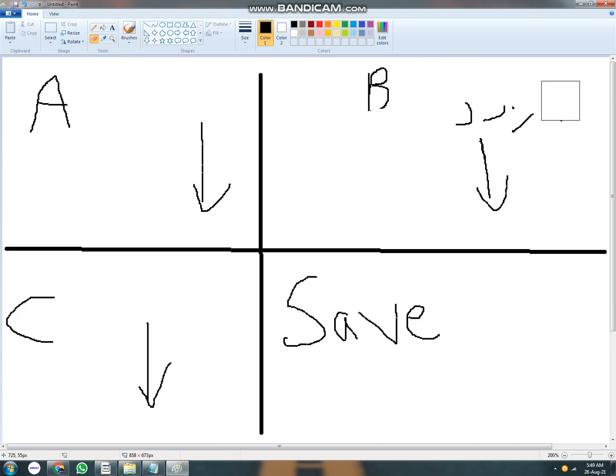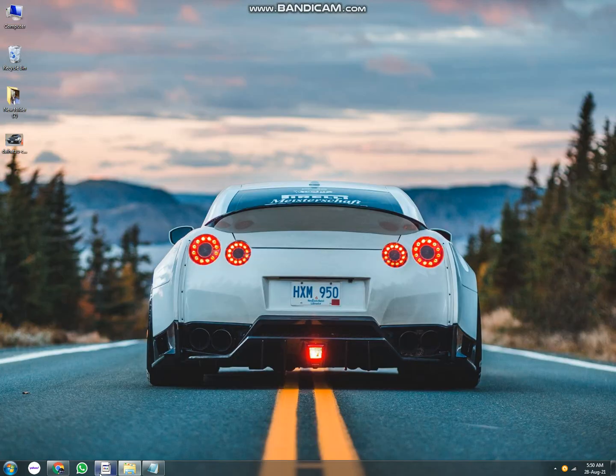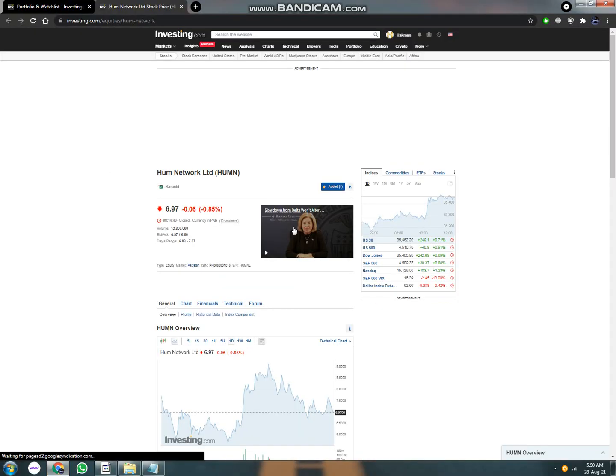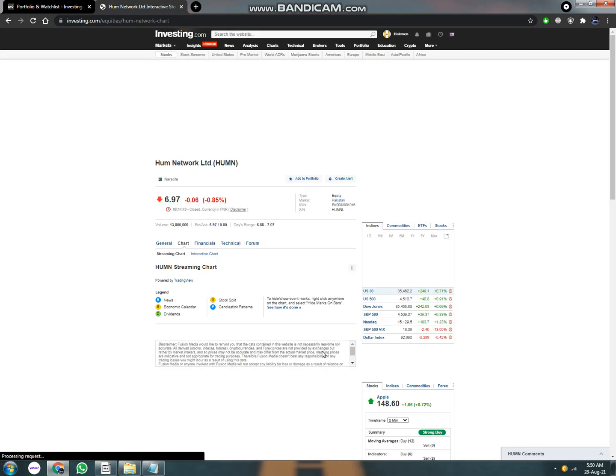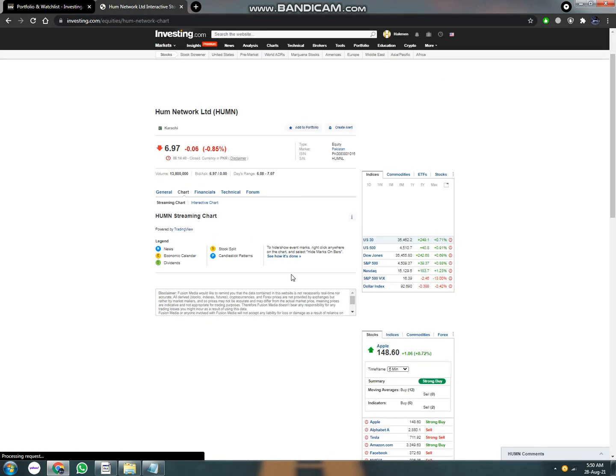What would happen if all of them drop? What would you do now? What should you do in this case? In this case I would suggest that you hold on to your stocks. Besides this, which is also important, there is a much more important thing, that you should do your risk management, your stop loss, your take profit. You should do that calculation so that you do not lose much of your money or investment in a certain stock.